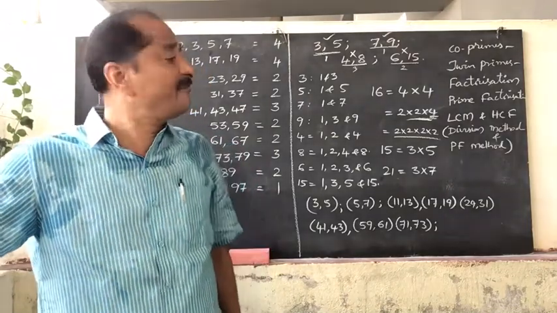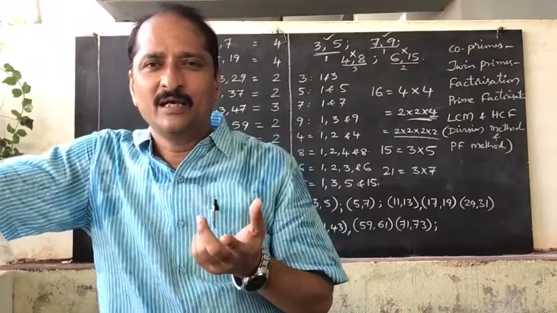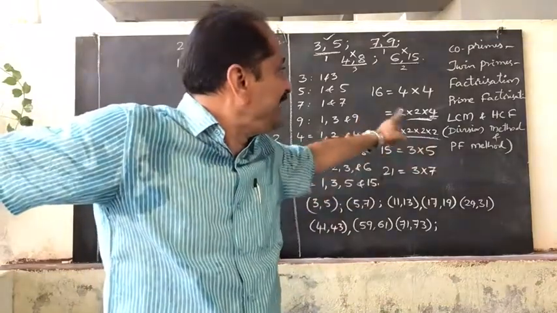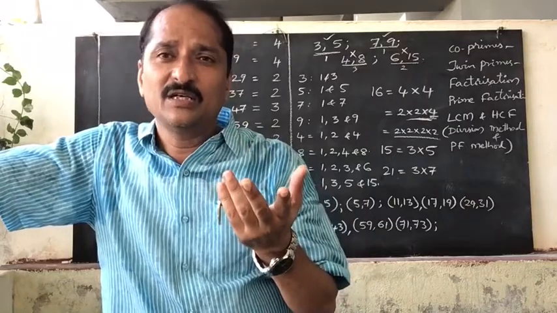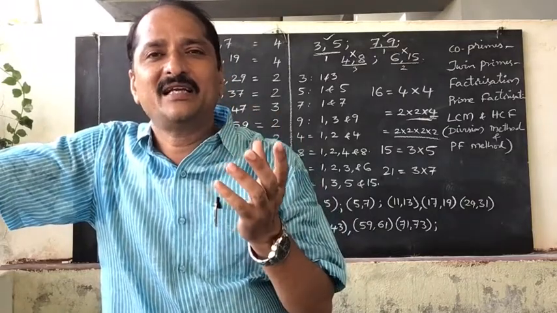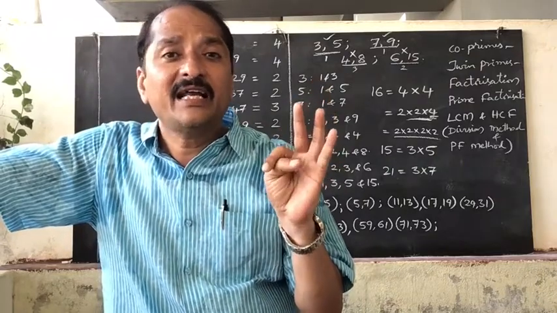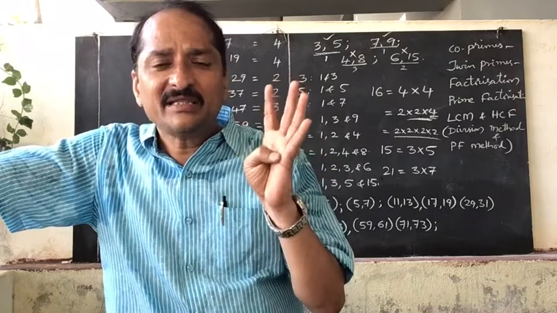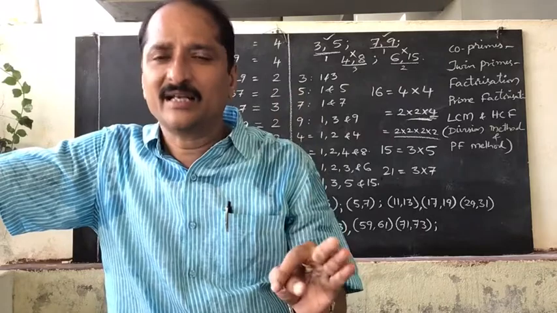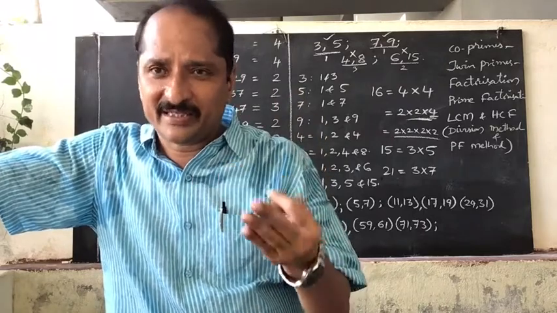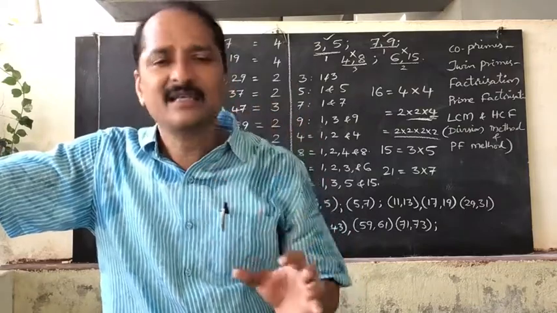For finding the prime factorization, we have two methods. One is writing as factors like this, and if bigger numbers are given, we have two methods to find the prime factorization: one is the division method, another is the factor tree method. After finding the prime factorization, how can you find out the LCM and HCF? We can see that now in the continuation.